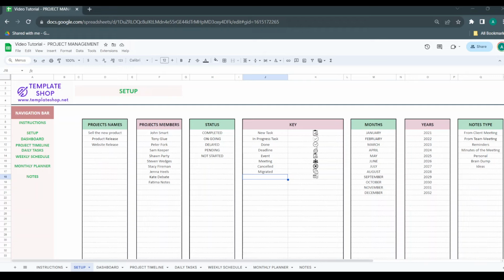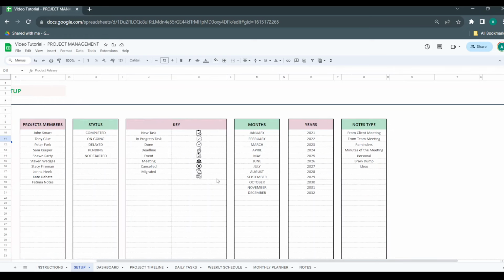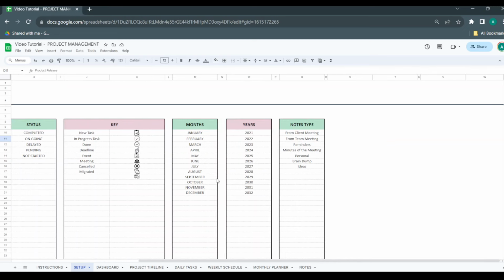As usual, before we start using any sheet of our making, the first thing you need to do is the setup. Here in this column, you list the different project names that you're working on. In this column, you're going to list the project members. In this column, you're going to list the different statuses that you're going to use to update your different tasks, and here you're going to list the different keys, and this will make sense as we move forward in this